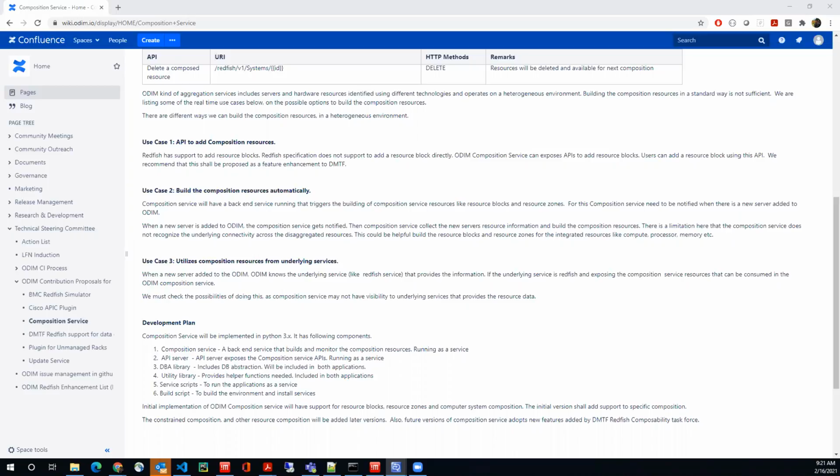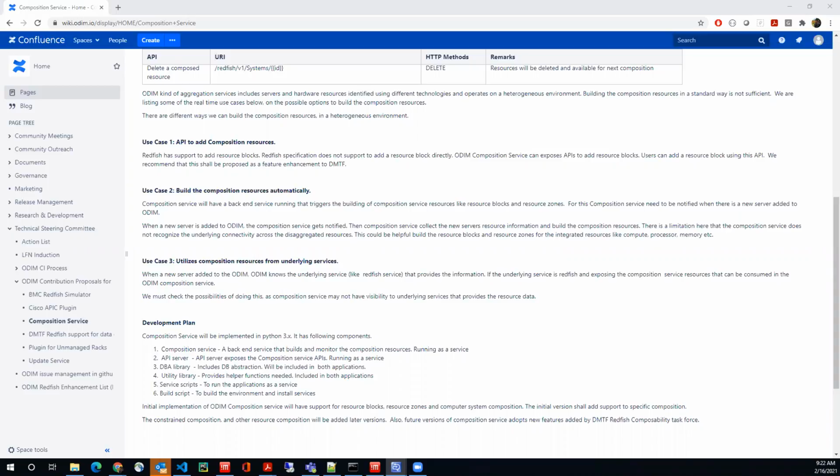But we talk about the composition here, right? From a composition perspective, the computer system is of type composed, and the resource blocks are one-to-one to the hardware endpoints that are enumerated, or crawled on the hardware. But the problem is that the notion of resource zones itself should come from the hardware based on topology, and not be tweaked by the DC admin. But hold on. So what is a resource block? Isn't that the smallest thing you can use for a composition exercise? Yeah, a resource block is the abstraction for any endpoint, any hardware entity.